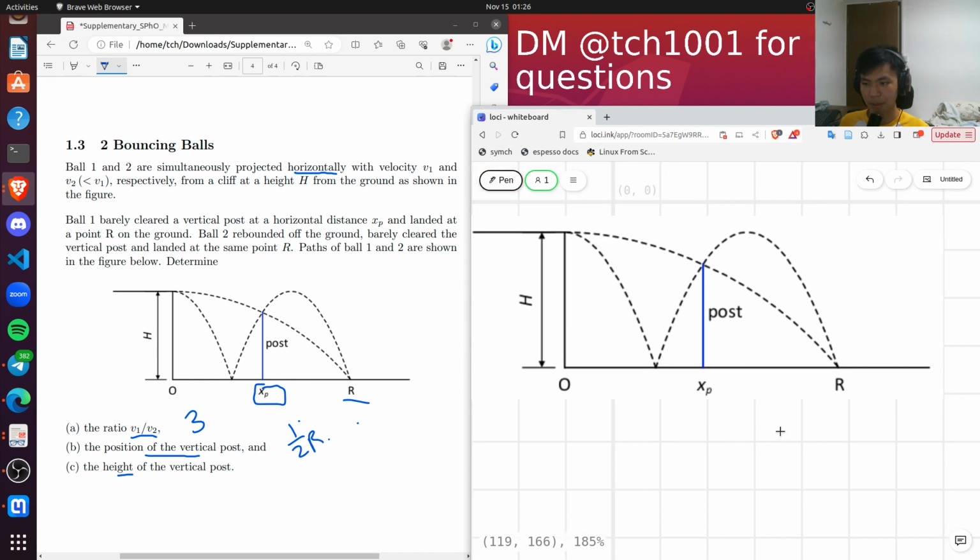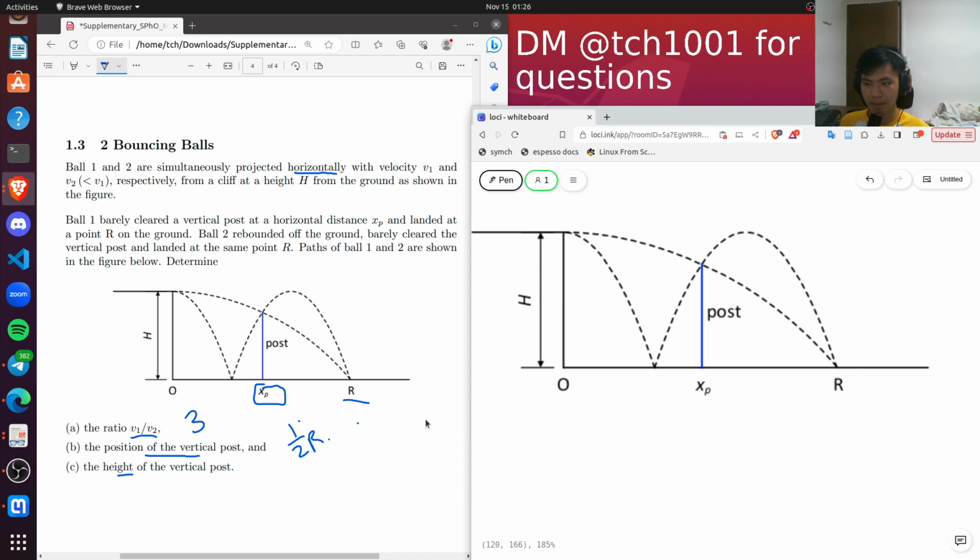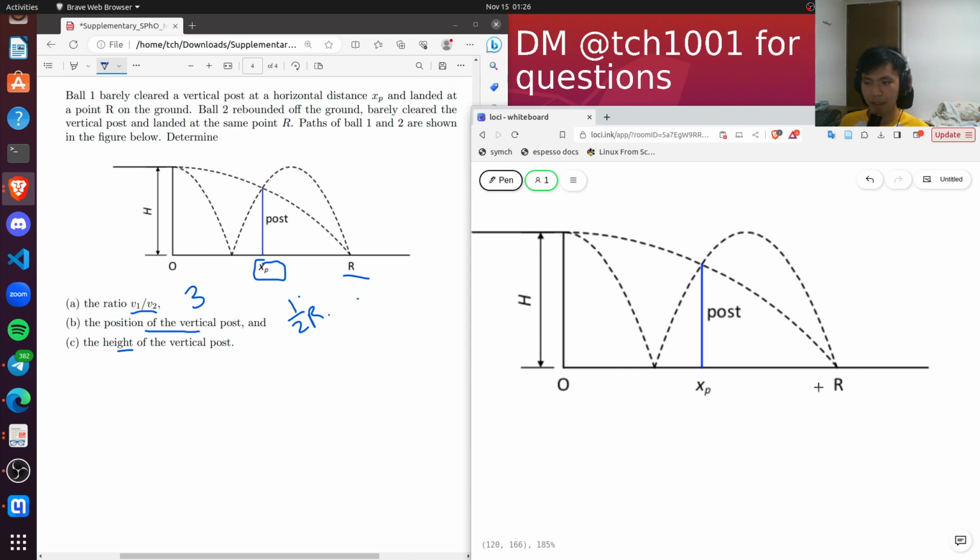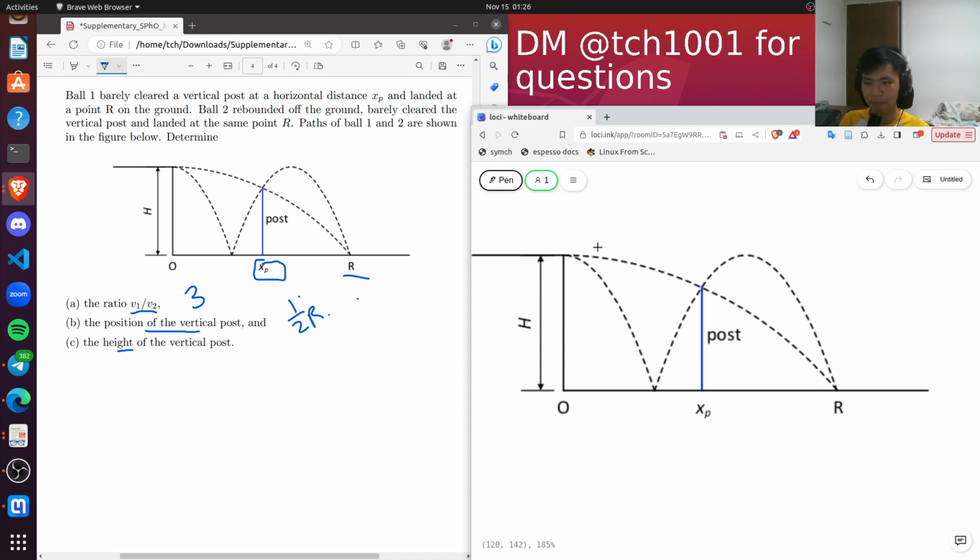So part C, what is it to consider in part C? Part C is quite simple, right? Namely, we know the time of flight of the red path, because remember, horizontal velocity doesn't change. So the time of flight of the red path and the orange path, the time of flight of these two are the same, right? And yeah, so the time of flight is the same because xp is half of r, and